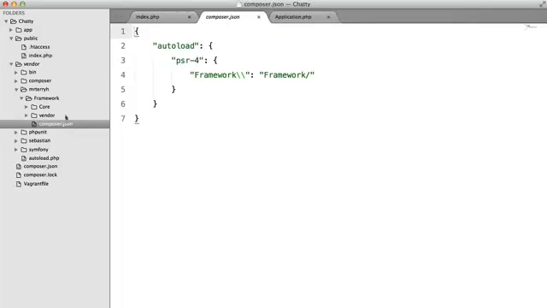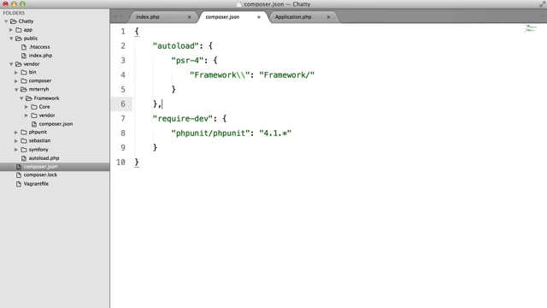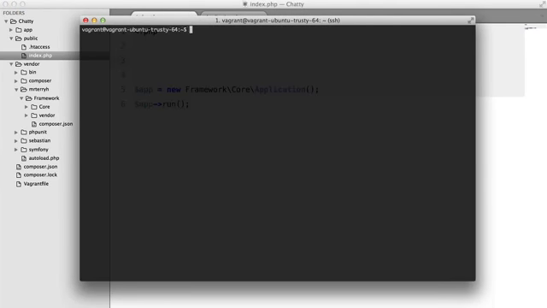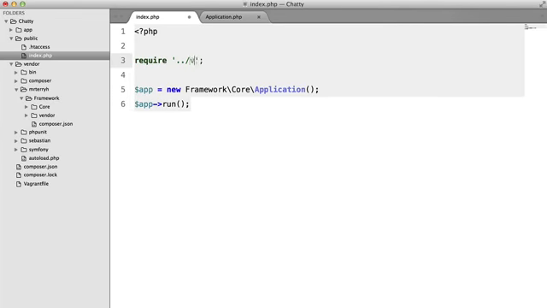So in this composer.json file here, inside of our framework directory, we're going to take all of this out, and we're going to paste it into our original composer.json inside our chatty directory. Just like so. And inside our VM, we're going to go to Vagrant, and we're going to say composer dump-autoload. So now all we have to do is require vendor autoload, and provided that I didn't mess anything up,